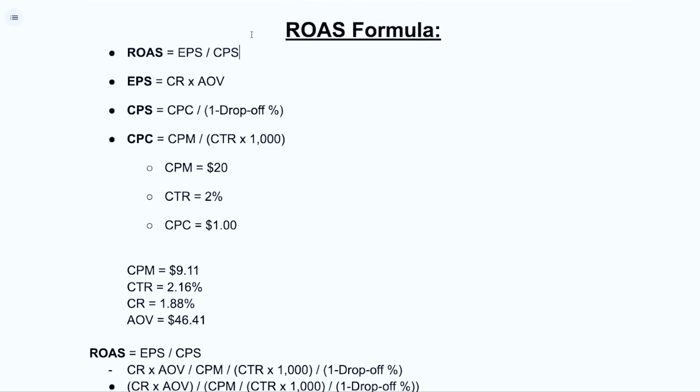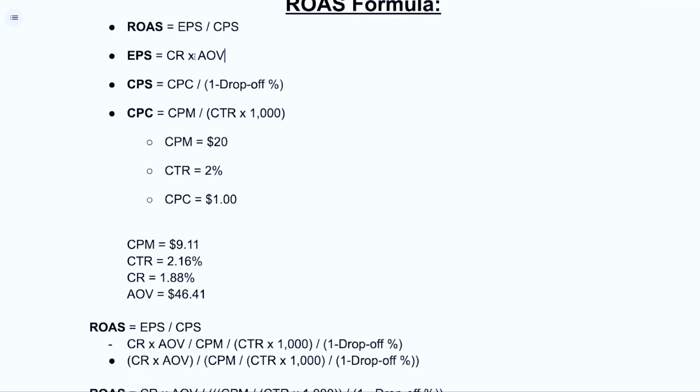So if we are making $2 per session and it's costing us $1 to get each session, that would be a ROAS of 2. Earnings per session, which would be plugged in up here, is our conversion rate times our average order value. So if we send 100 people to the site and 5 people buy, and you have $50 average order value, that would be $250 earned, and then you divide by 100,